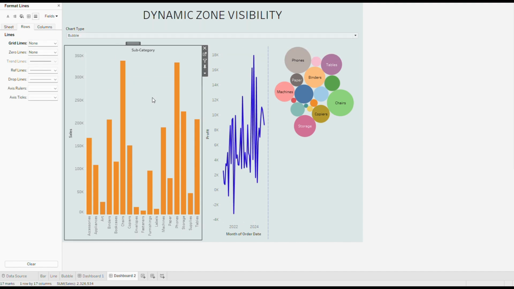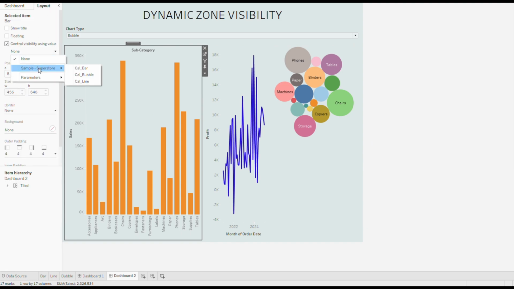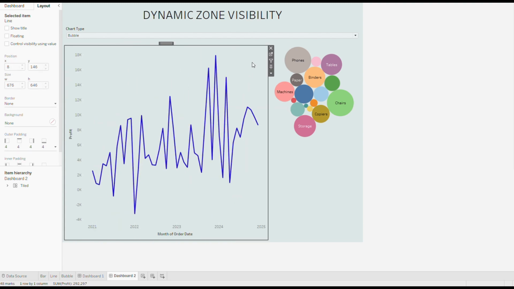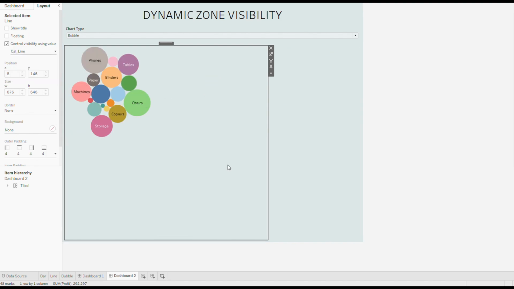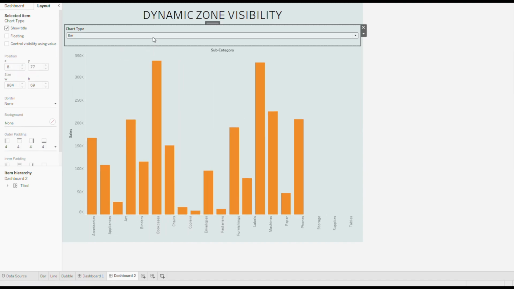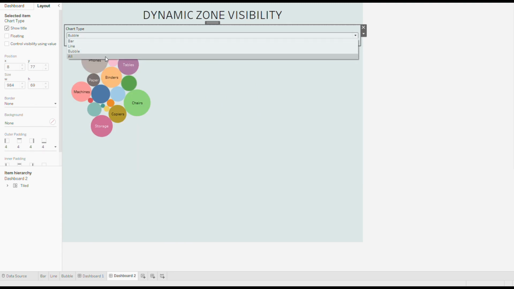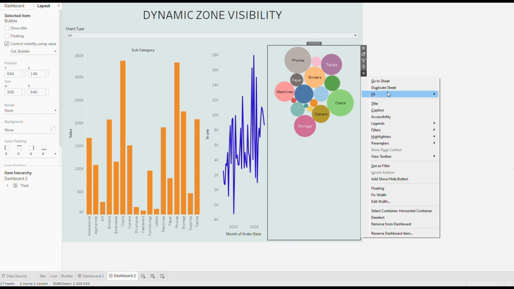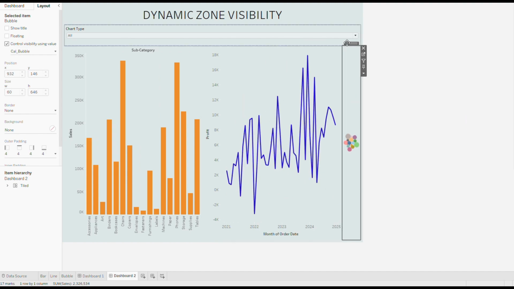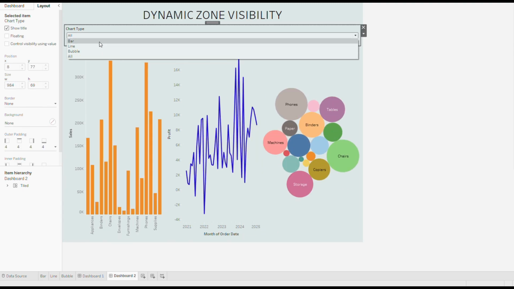So just click on this bar chart here and go to layout and then call that field which you have created, cal bar. And then whenever you are selecting this line chart, cal line, and select this bubble chart, cal bubble. So now if you see bar chart, line chart, bubble chart, right? And when you click on all, just do some small formatting, fit to entire view, distribute contents evenly. Yeah. And now, that's all.